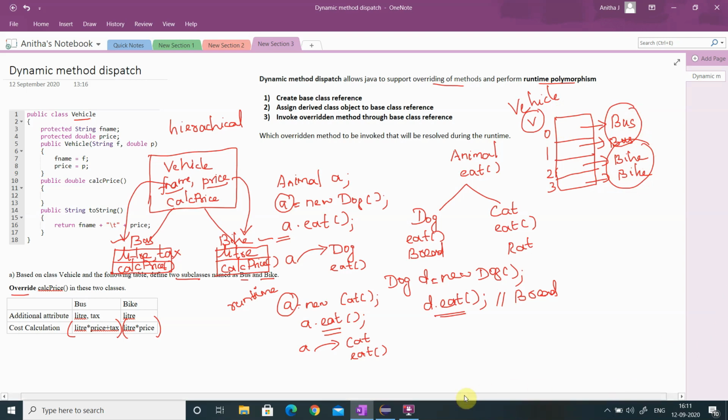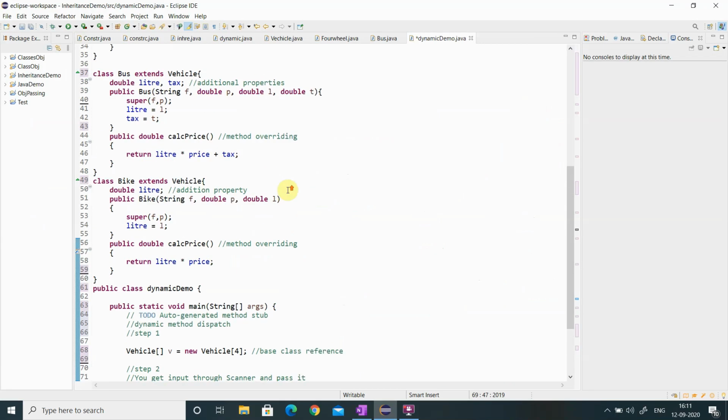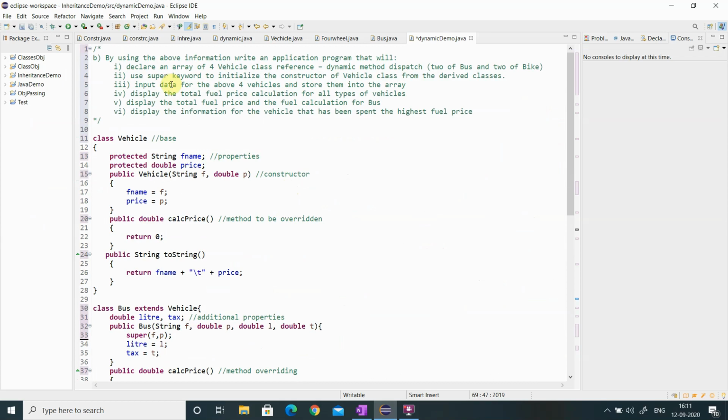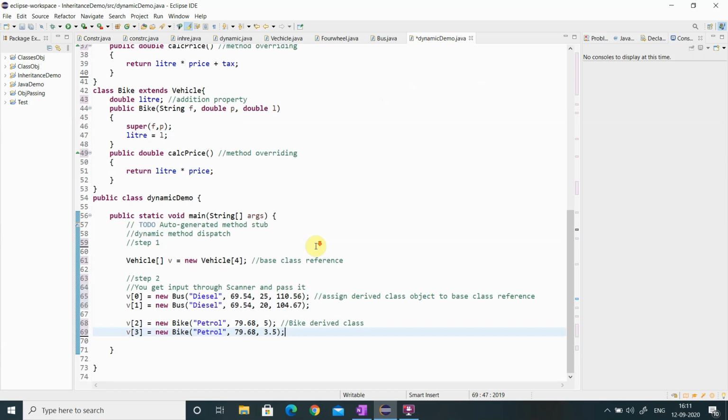And what is the next step? The next step I want to implement is display the total fuel price calculation. If I want to get the price value of any one type of derived class, what I have to do? I will do double d is equal to, so I want to calculate the first bus class total price.